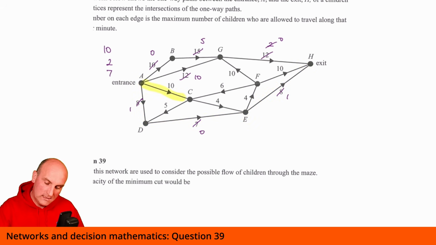Maybe this way, this way, this way, and this way. Okay, 10, 4, 4, and 8. So again, I've got 4. So I'm going to write 4 here. So that's going to become 6. That's going to become 0. That's going to become 0. And that's going to become, what did I say, 6. And obviously I'm always making sure that I can get water through.